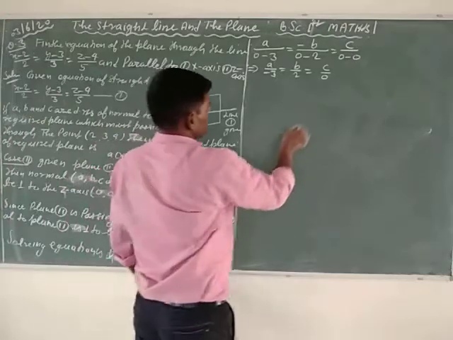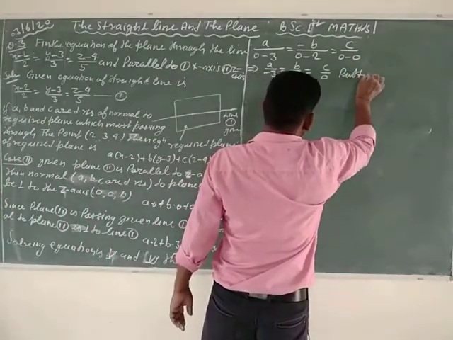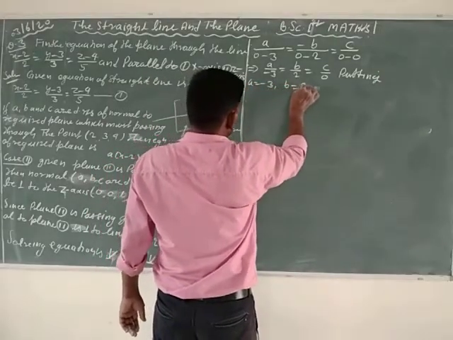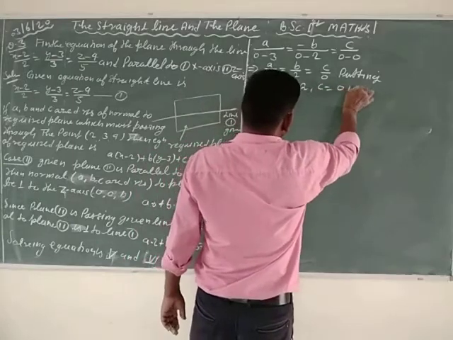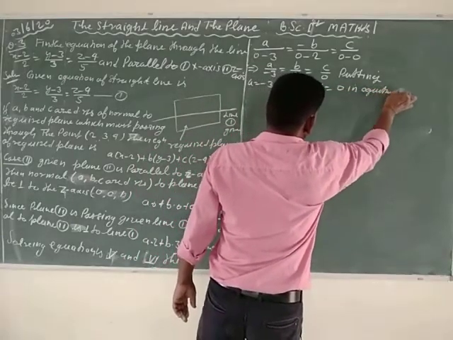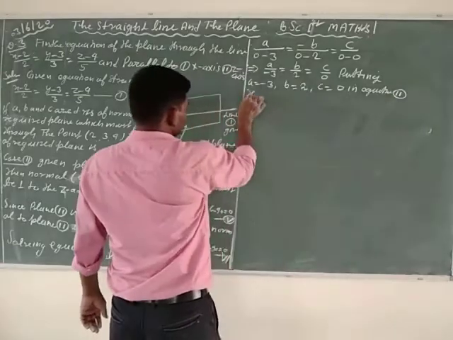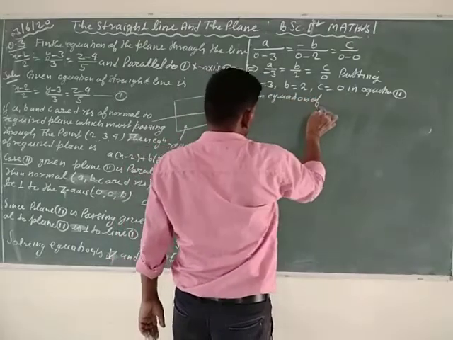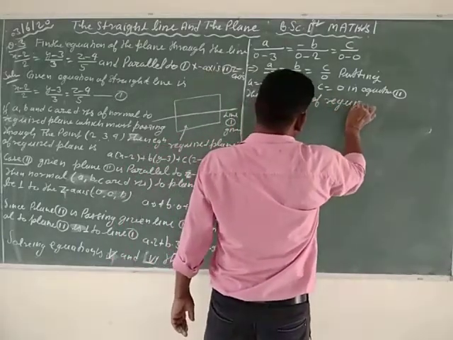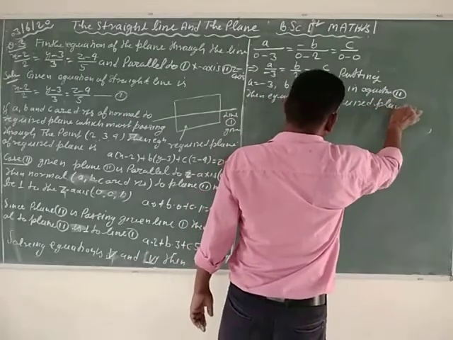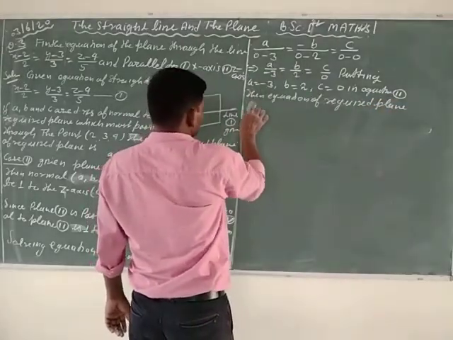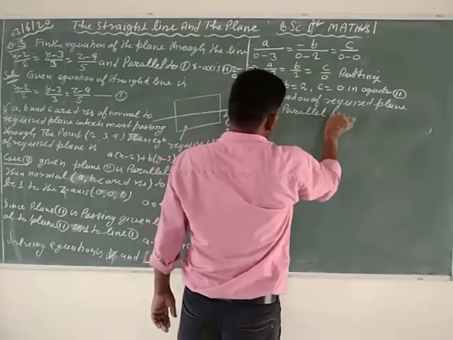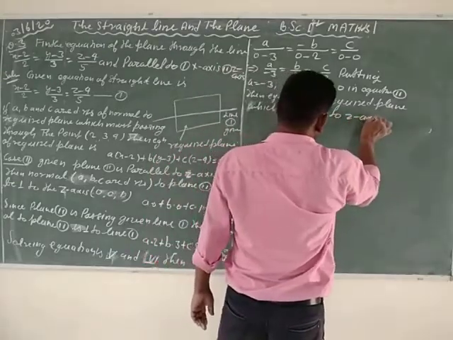So putting these values, a is equal to minus 3, b is equal to 2 and c is equal to 0 in equation second, then the equation of the required plane which is parallel to the z-axis is